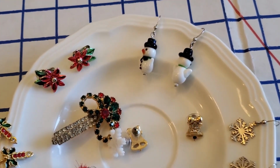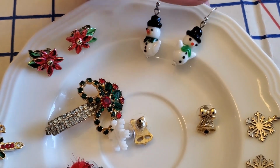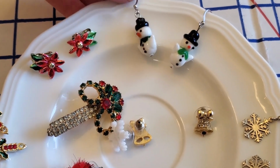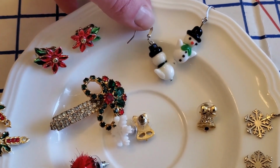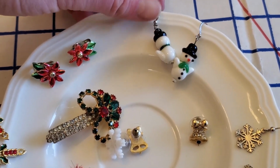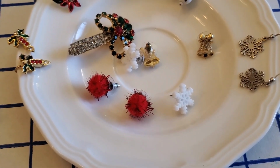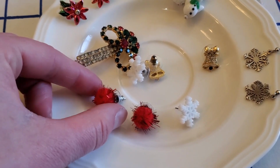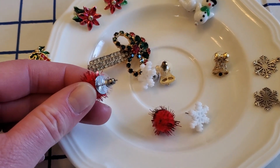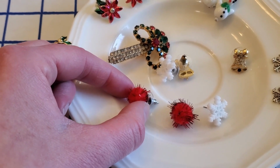Now the rest of these are handmade. These are little beads. Got the beads at Joann's. Just hung them on pins with a little earring backing. So those are fun. If you want to go even more basic, these are just pom-poms glued onto earring backings. Yeah, it took a lot of glue. They're a little prickly,